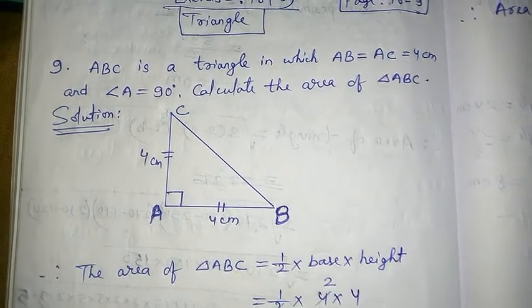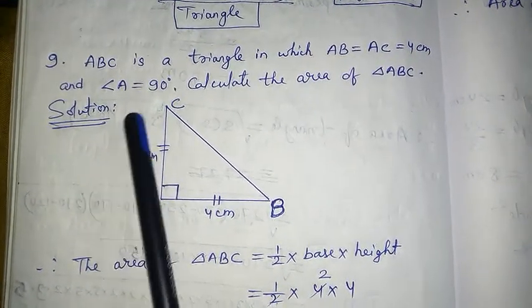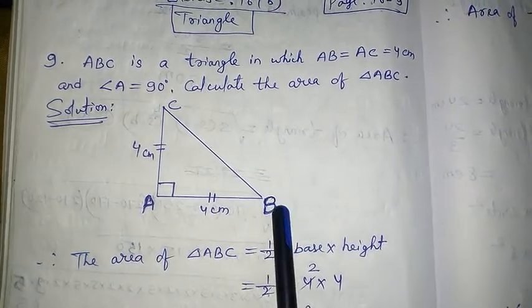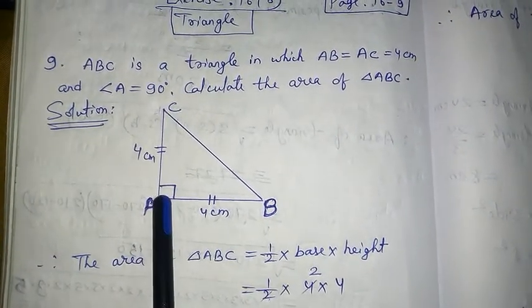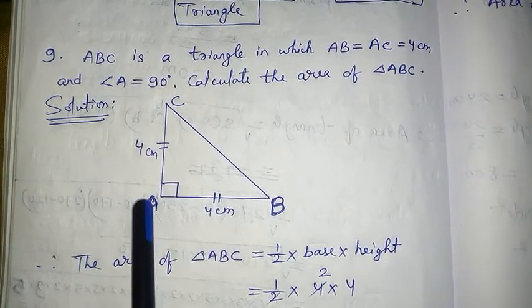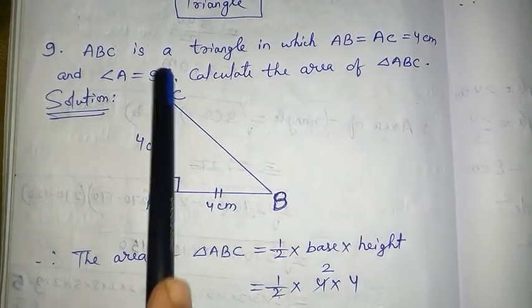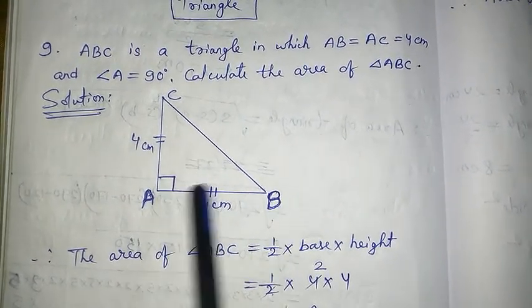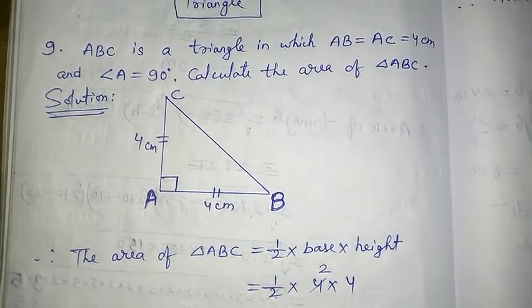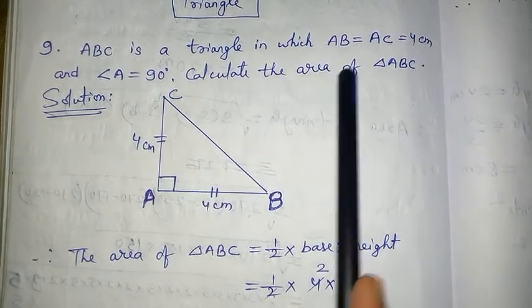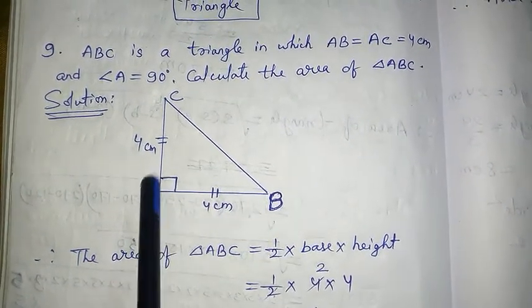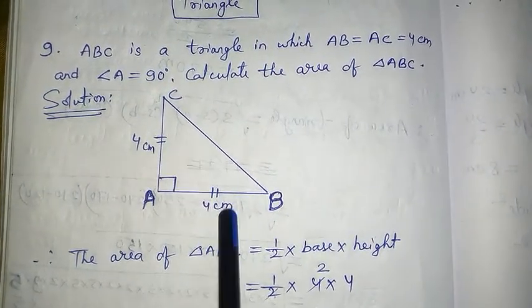Triangle ABC. As the question is saying angle A should be 90 degree, I made a right angle triangle, because 90 degree means right angle triangle, and I wrote A here. When I write A here, B and C come here, but I am bound to write A here because there is 90 degree here. The question is saying AB is equal to AC. So here you can see AB is here and AC is here, and both are 4 centimeter.